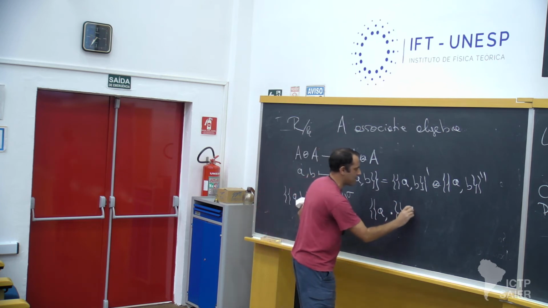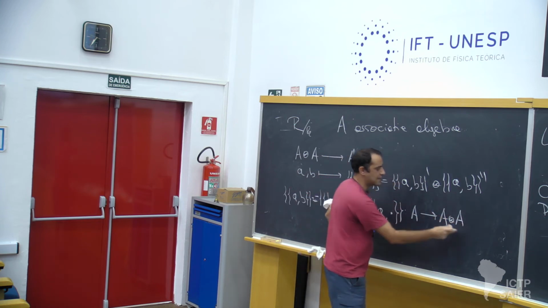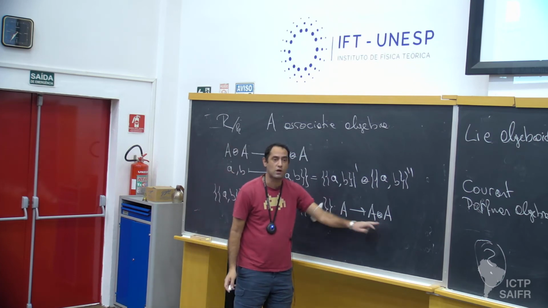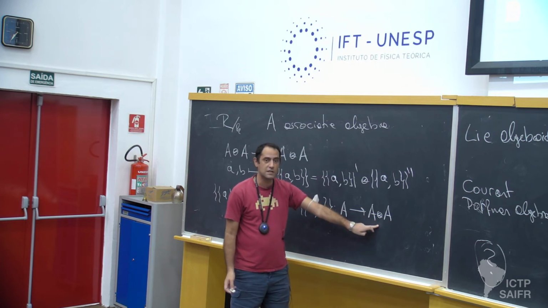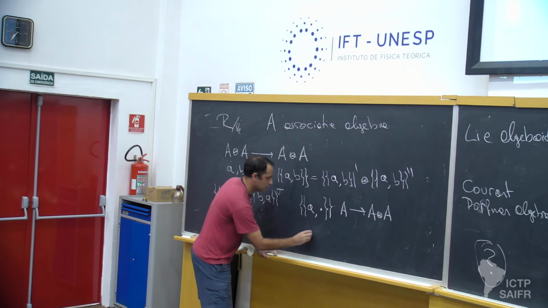I'm going to ask for the Leibniz rule, that this guy here is a derivation. So this is a map from A to A tensor A. This is an A bimodule now. A is associative. It's no longer commutative. So it's tricky to talk about derivations of associative algebras. So this is a derivation with coefficients in this A bimodule. Explicitly, this means,